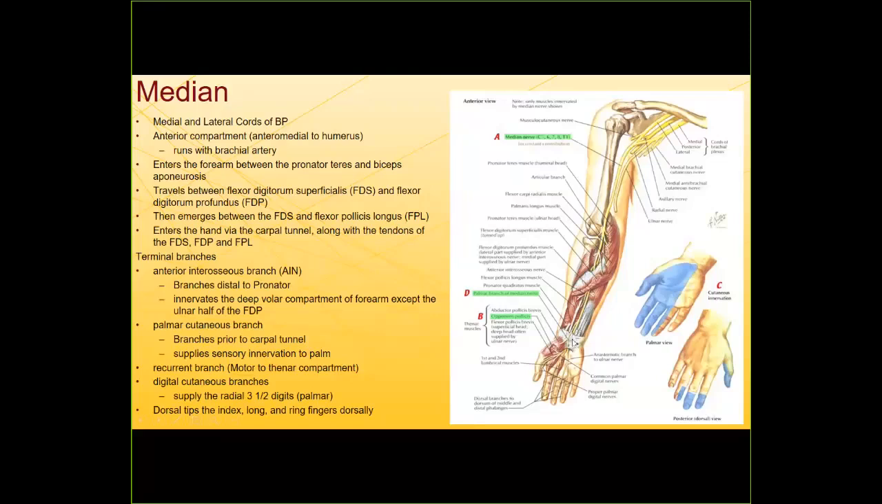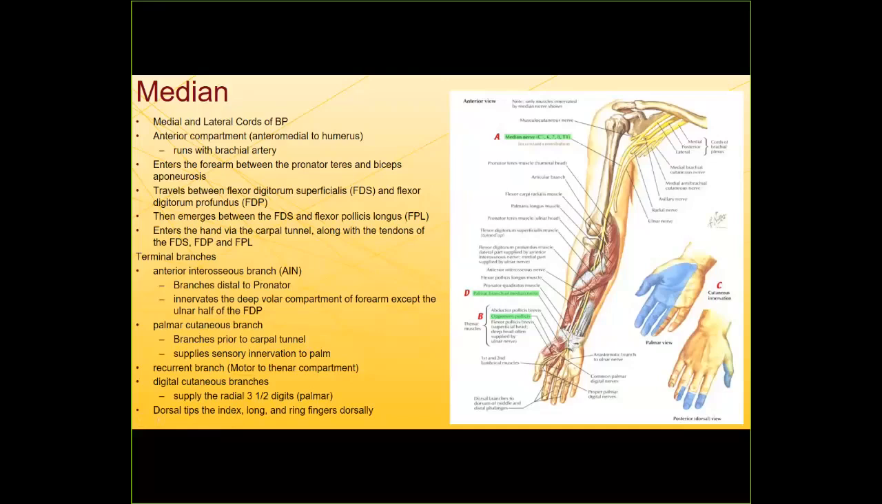It'll travel through, this is the transverse carpal ligament right here, and it'll travel underneath the transverse carpal ligament. Some of it will travel under the transverse carpal ligament along with the tendons of flexor pollicis longus and the 4 tendons of flexor digitorum profundus, and the 4 tendons of flexor digitorum superficialis. So it travels through the carpal tunnel with 9 other structures, okay,